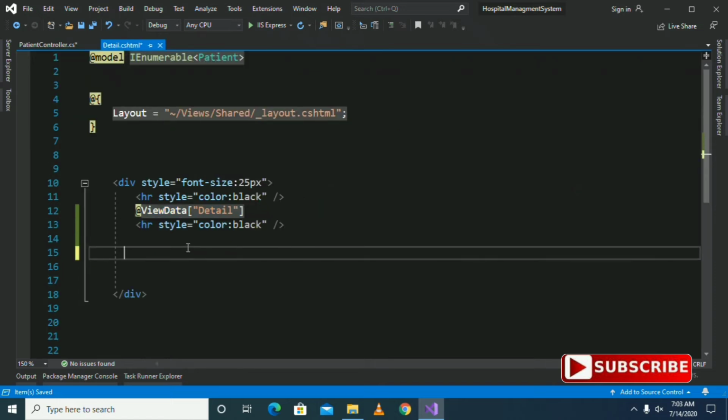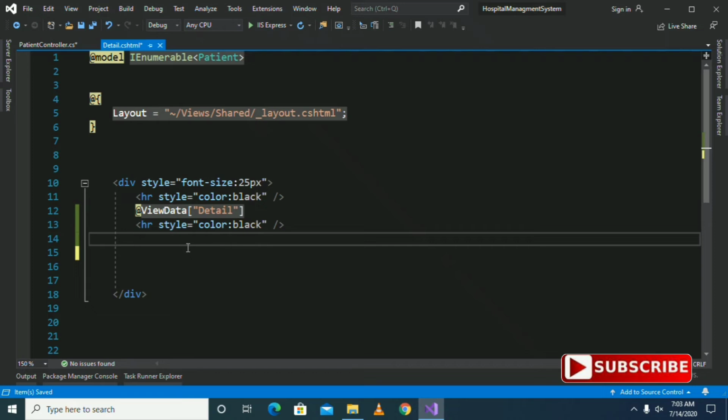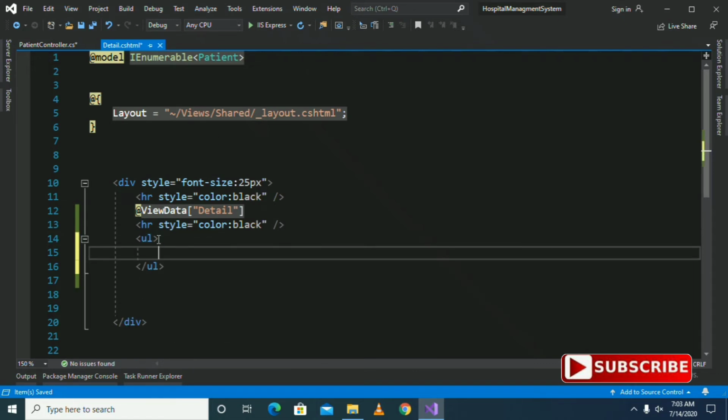Since the information is coming in the form of a list, I have already mentioned @model IEnumerable of Patient, meaning this view page is expecting a list of patients. Now I am going to mention an unordered list in which I am going to take a for loop.